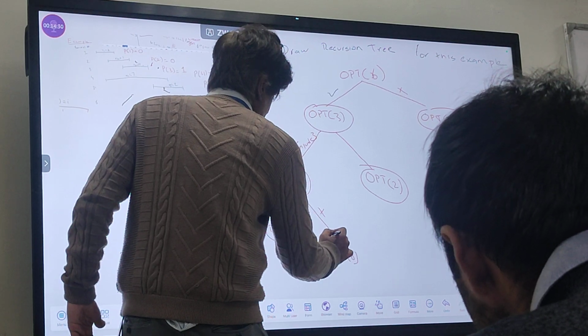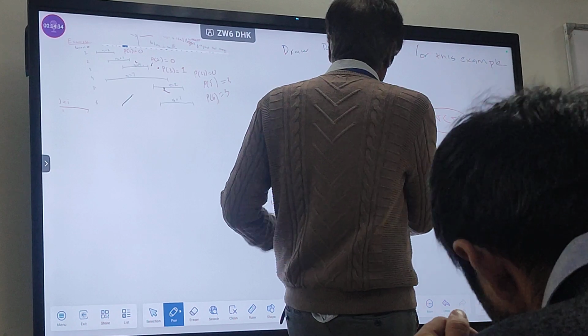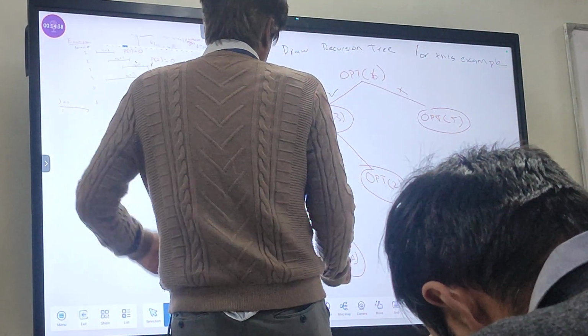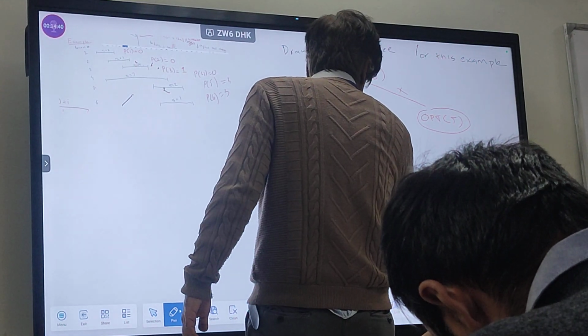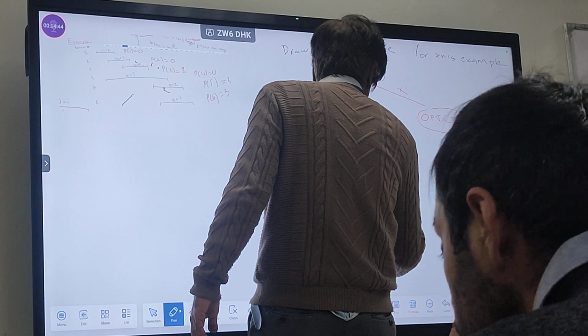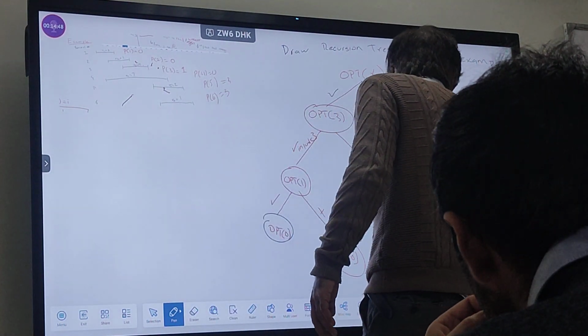So the two base cases are reached, and 0, 0 will be returned.